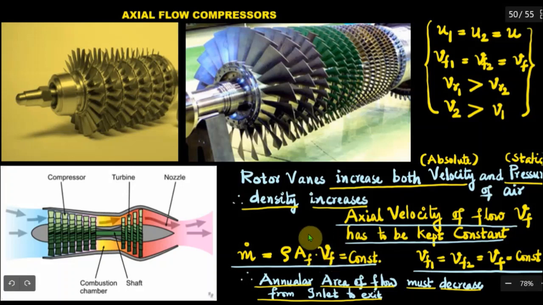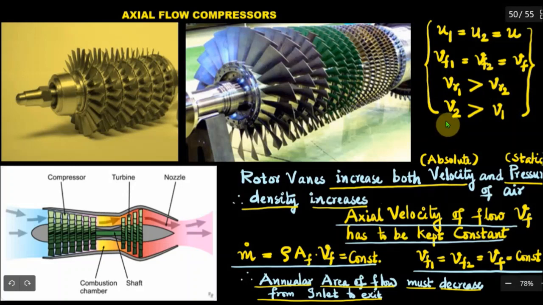Remember, during the flow through the rotor vanes, there is energy addition or energy transfer, and also energy transformation because of this increase in flow area. Because of the increase in flow area, what velocity component is reduced? This velocity component. See this? The relative velocity component is reduced. So you should not be confused. The absolute velocity component increases.